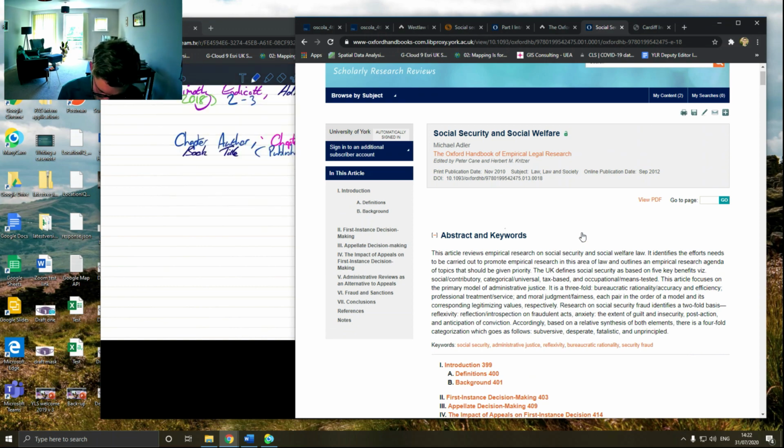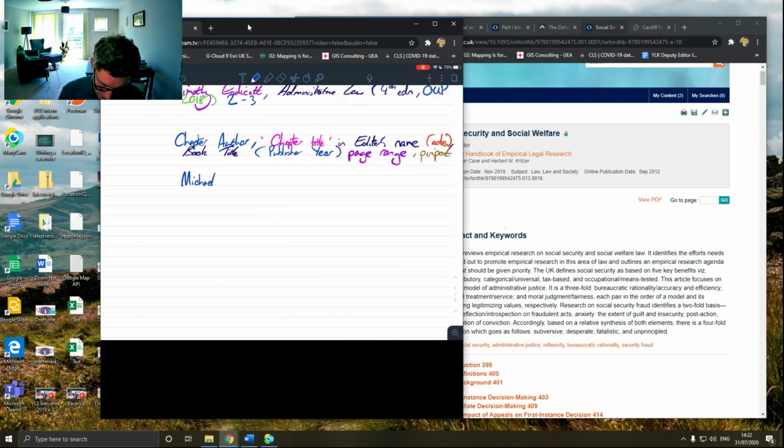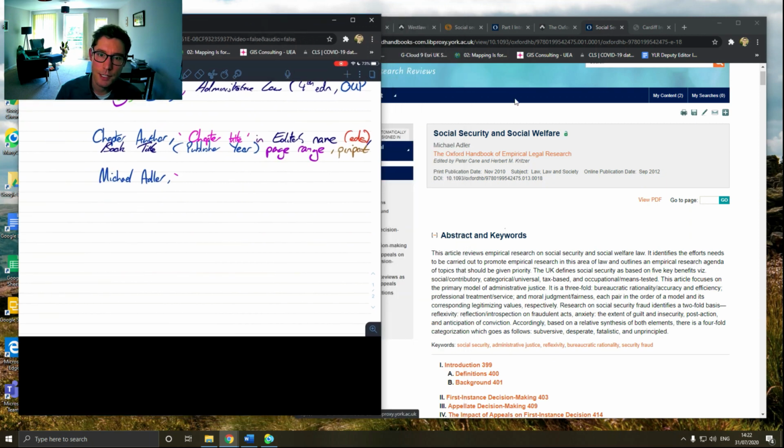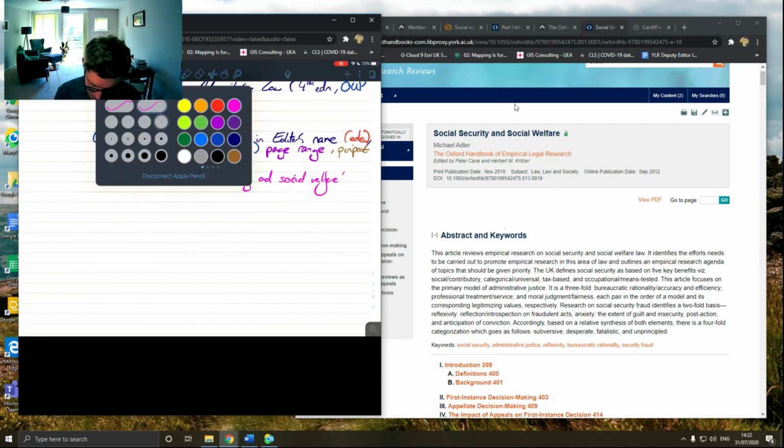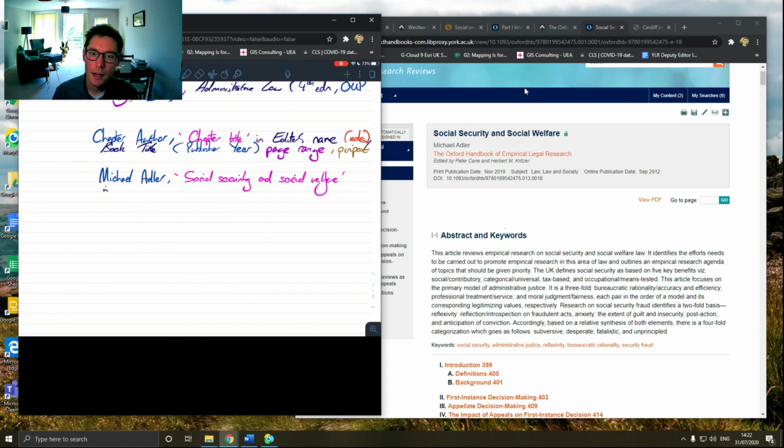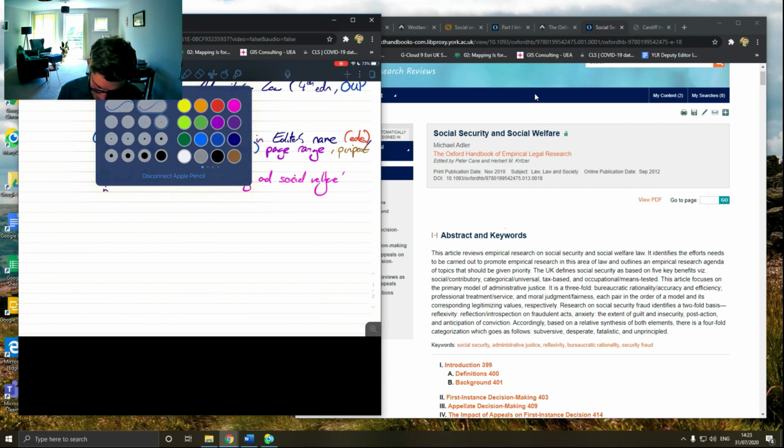So if we take here the author of the chapter, which is Michael Adler, comma, then we want the title of the chapter itself, which we can see here is Social Security and Social Welfare. Social Security and Social Welfare, lovely. Then we go in, because it's in a book, in, and then the title of the book is the Oxford Handbook of Empirical Legal Research. So that title goes in,